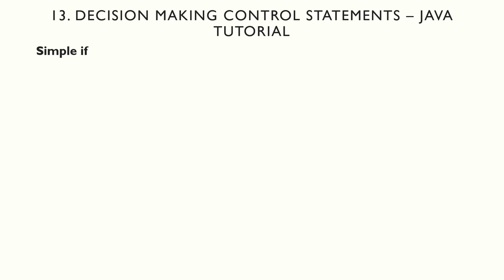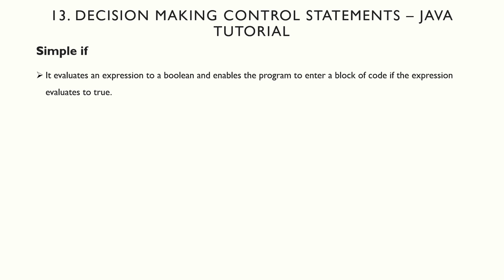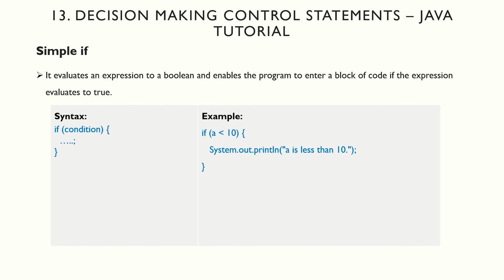Simple if statement. As the name indicates, it is the most basic and the simplest statement among all control flow statements. It simply evaluates an expression to a boolean and enables the program to enter a block of code if the expression evaluates to true. Syntax: if, then parentheses, and the expression within the parentheses must evaluate to a boolean, that is true or false, then a code block. Typically, you are testing something to see if it is true and then running a code block if it is true. Example: